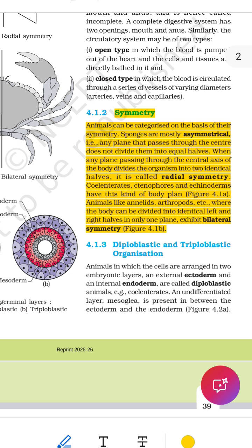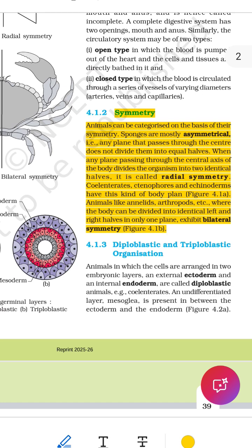1. Asymmetry, no symmetry at all. What it means: a means no and symmetry means same halves. So asymmetry means the animals cannot be divided into equal parts at all. What it looks like: the animal's body is uneven, irregular, or lumpy. No matter how you slice it, the 2 sides are not the same. Example,